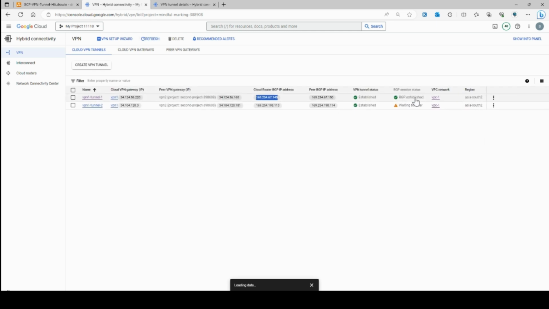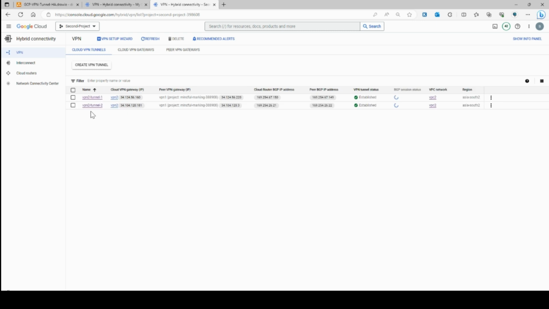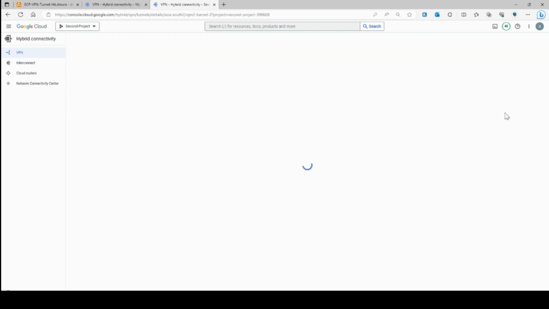Okay, so you see that your BGP is established. Your tunnels are already up, but the BGP was not established, so now your BGP gets established. You have to make sure that you put the right BGP IP address. So again, for tunnel 2, go to your second project, tunnel 2, view,